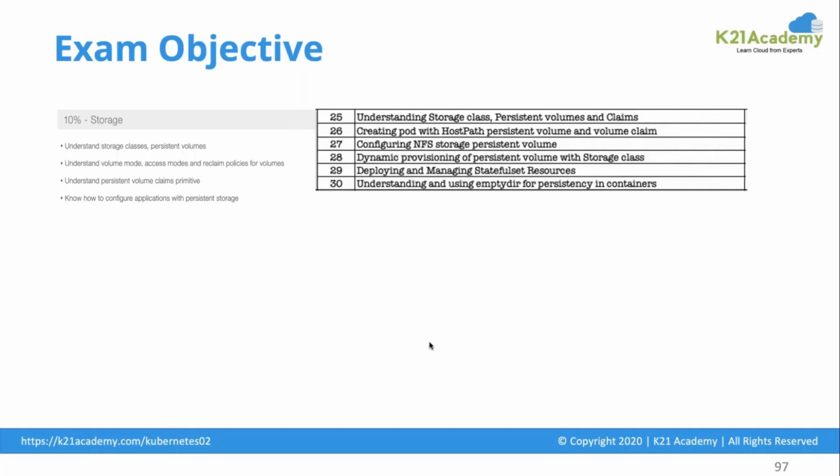We let you understand how to have an NFS type of storage mounting, then do dynamic provisioning on any of the cloud storages. Like we pick up Azure Cloud Storage, the block storage, and we show you how to do dynamic provisioning as well. So there are different ways of doing it, and this is where we cover